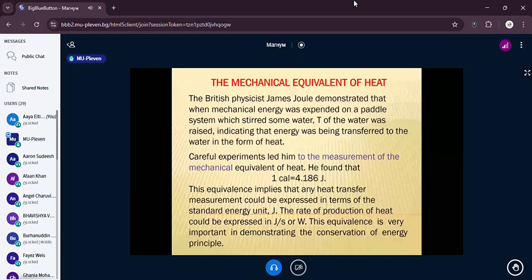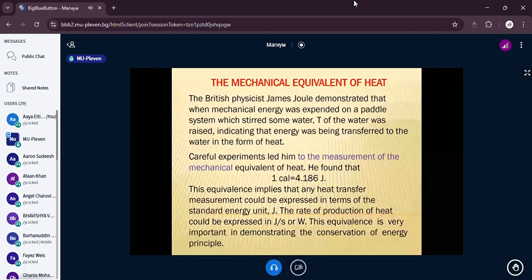So a specific pedal system was used to stir water, and as a result of friction, the temperature of water increased. So in this case, we've got mechanical work being transformed into heat. In this way, he was able to derive the exact value of this transformation factor. And also,